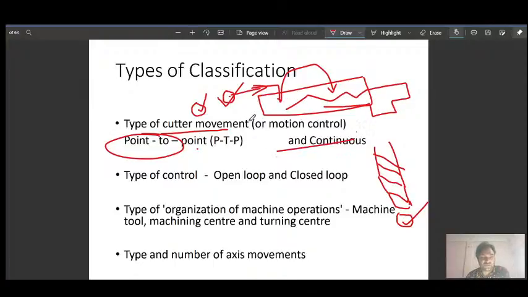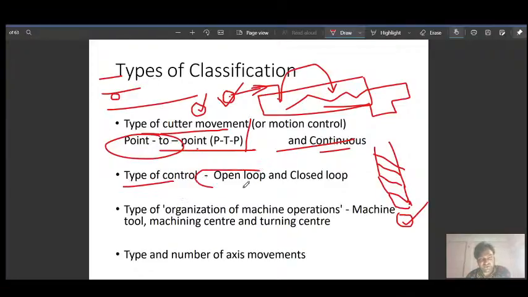So two types of motion based on cutter movement, point to point and continuous, and generally there are three types of tool motion: point to point, straight, and continuous. Straight means only one axis movement. If the tool is moving in the x direction, there is no change in the y direction. That is called straight cut motion.